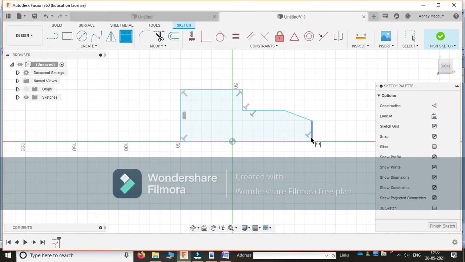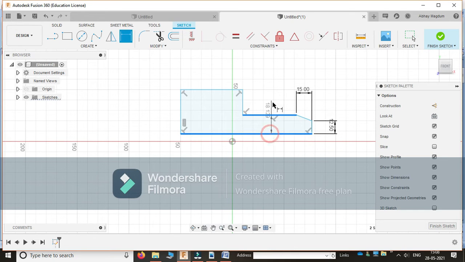Next, this one is 25, which means a 12.5 mm radius. This one has a 15 mm length. Next, the third one is a diameter of 30, which means 15.